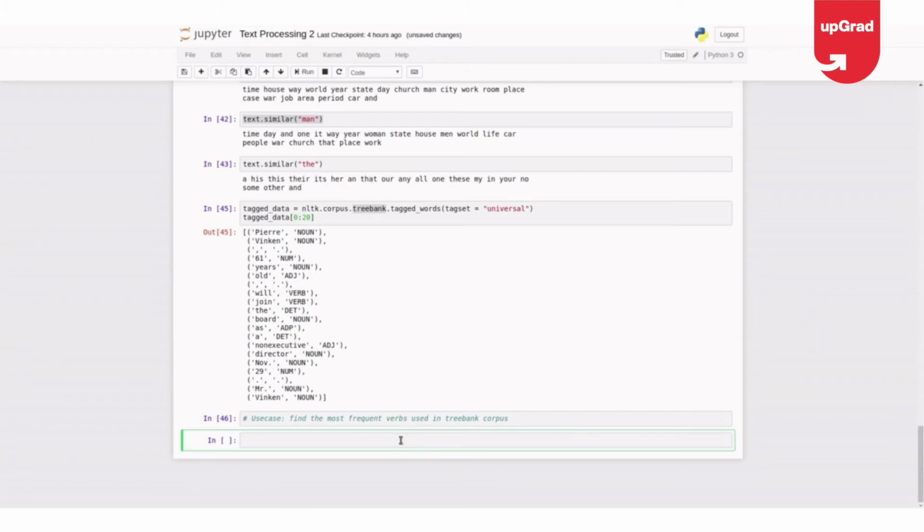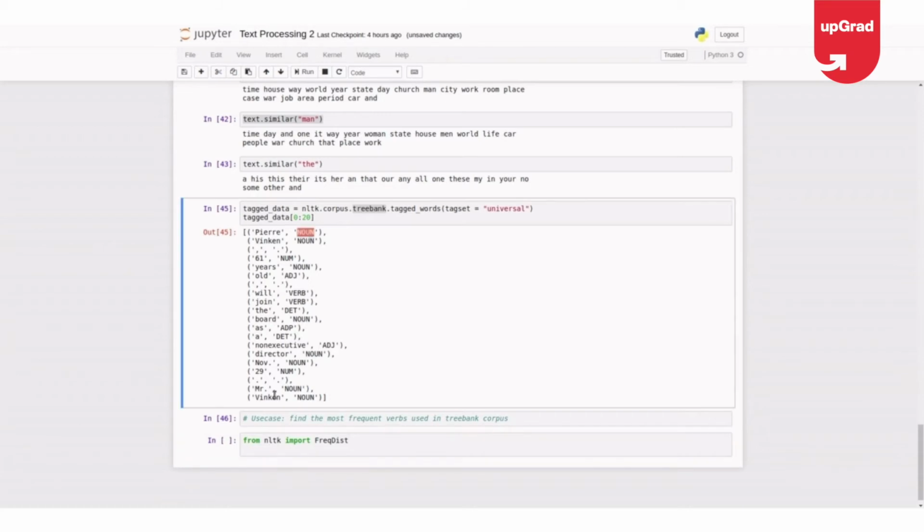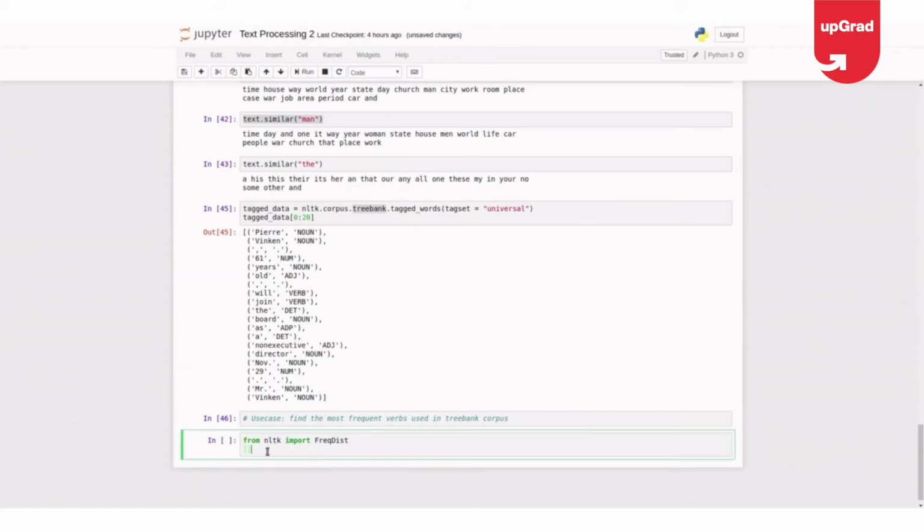You need to import FreqDist from NLTK. Now I want all the verbs, right, so I'll create a list comprehension.